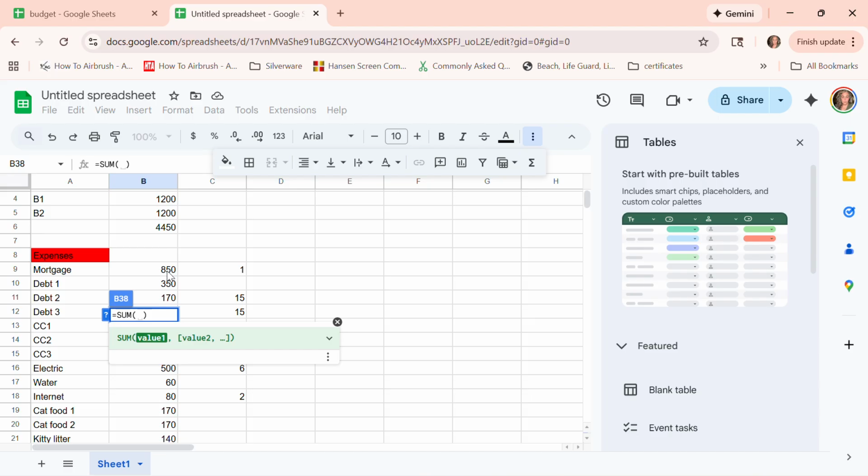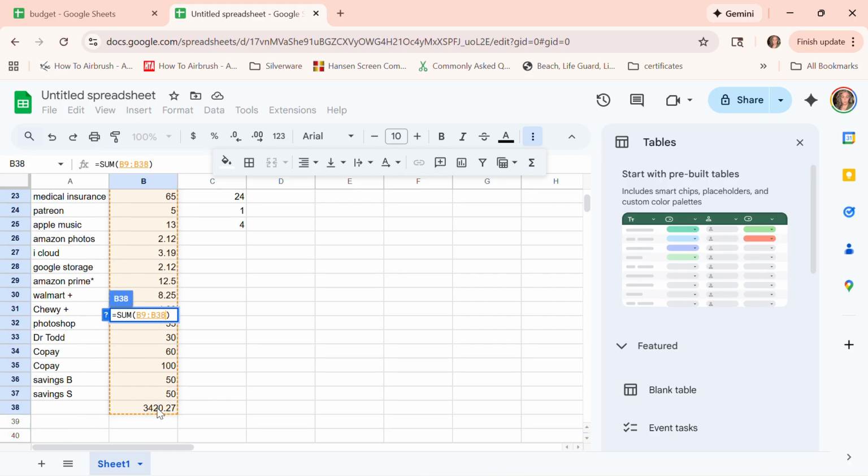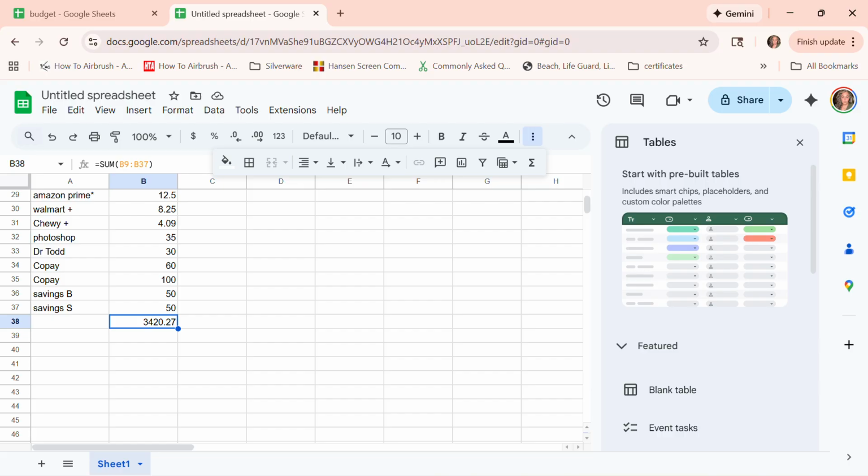And then start on your first, hold it, drag all the way down to your last, and hit enter. And there you go. And then you can take it a step further if you just want to see. I'm always curious. And here I'm going to go total income, total expense,